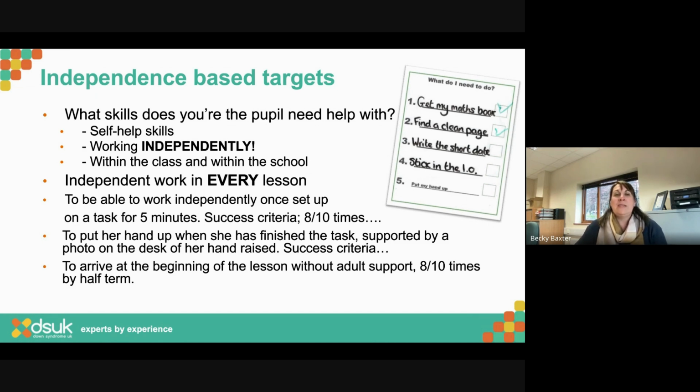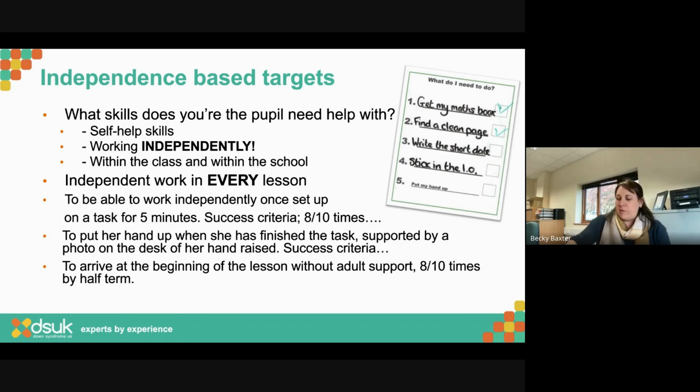And I am looking at independent work in every lesson, and I mean that from reception right up through secondary school. One of the biggest pieces of feedback we give to schools is that this student needs to be more independent. Adults need to step back more, and if they can't, then the task is too tricky. So even if we're thinking right from the beginning, okay, we've got the children in reception, come over to the table, and we're doing, I don't know, let's say a handwriting activity. We're practicing writing L.